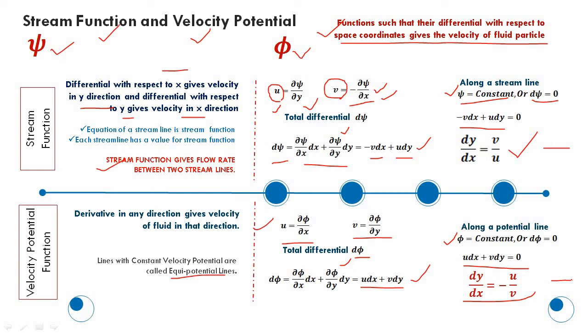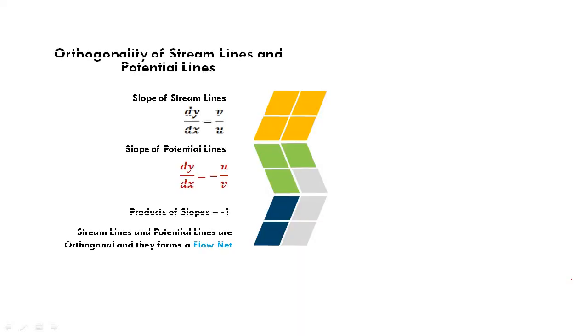Okay, so this is our definition of stream function, definition of velocity potential function, how these can be expressed mathematically and what their importance is. And now we'll prove an important concept, that is the orthogonality of streamlines and potential lines. Orthogonality, you know, if two lines are orthogonal, it means they are perpendicular to each other. If they are perpendicular to each other, the product of the slopes of the two perpendicular lines is minus 1. Okay, that we know. The slope of the x-axis multiplied by the slope of the y-axis will be minus 1. So similarly, if two lines are orthogonal, if you multiply the slopes of the respective lines, you will get the product minus 1.